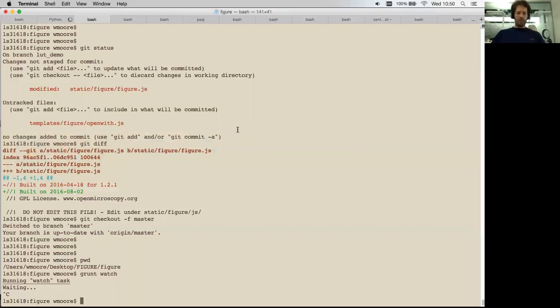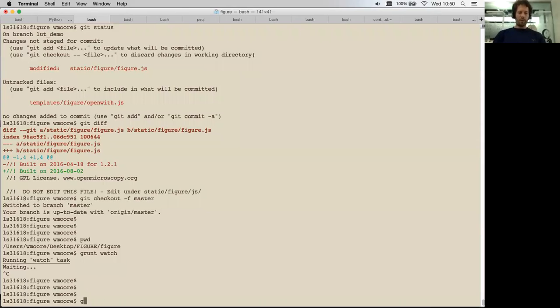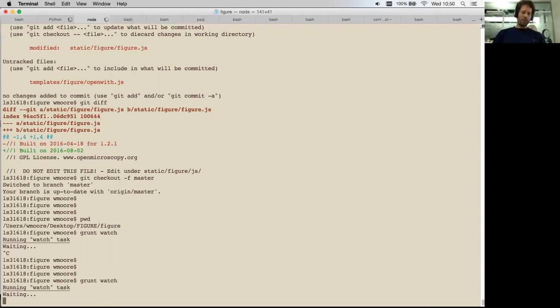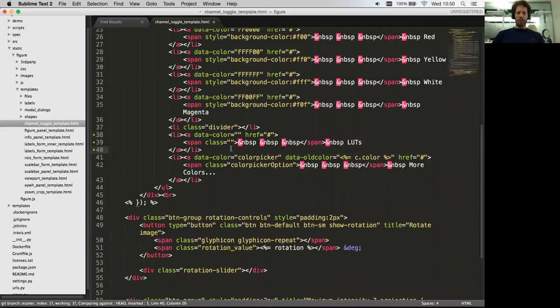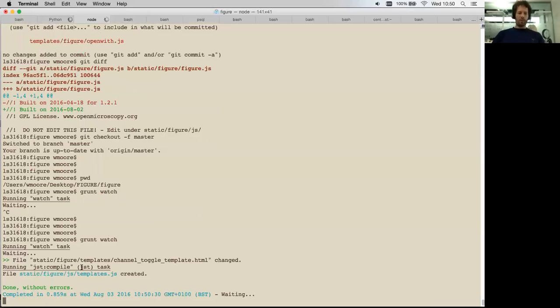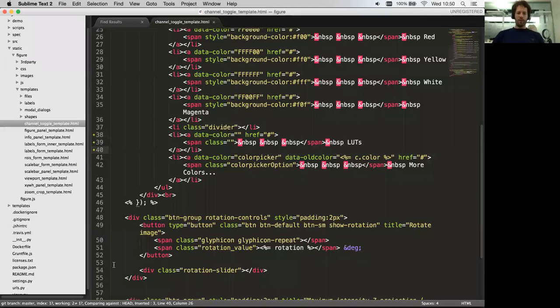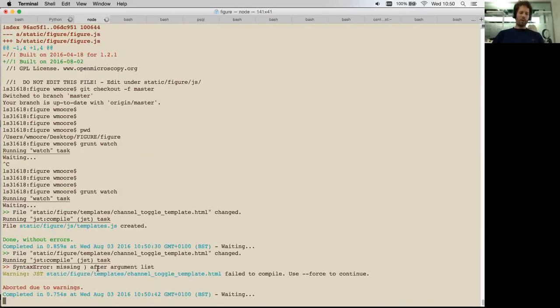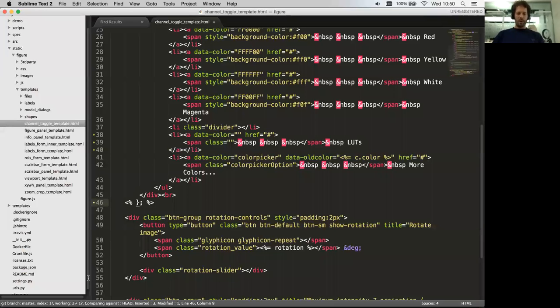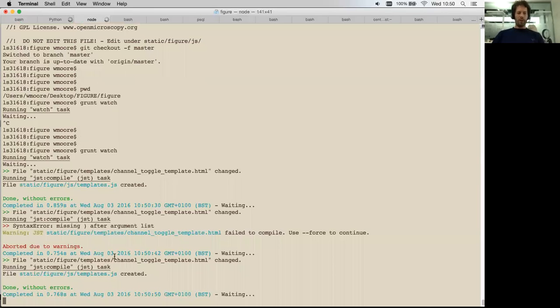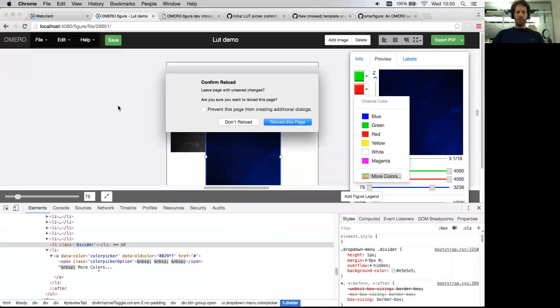So first thing to do, since I'm starting development now, is to start my grunt watch here that's going to watch for changes to the templates and the JavaScript. Okay, so when I save this, you'll see that it's been compiled. If you do something invalid here, you'll get a warning that this failed to compile. So that's kind of handy. Okay, so that's done. Now we can refresh,